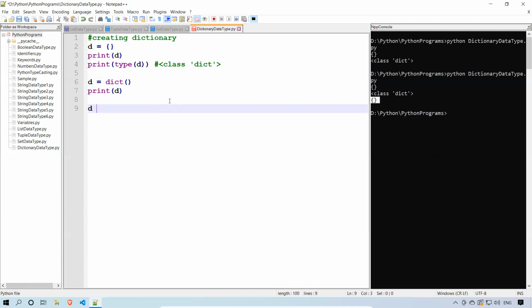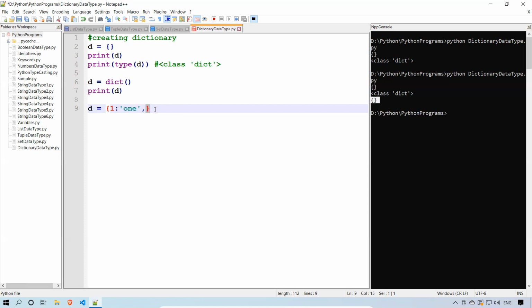Now this is empty, but what about with key value pairs? D is equal to, you represent it as key colon value, and comma means this is one key value pair. It might be heterogeneous. Here I am giving an integer, here I am giving a string.